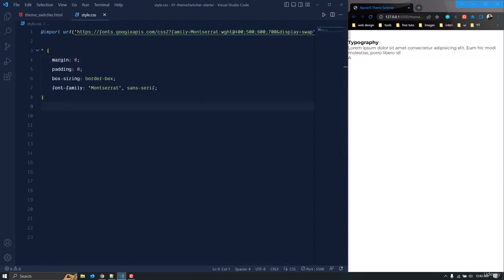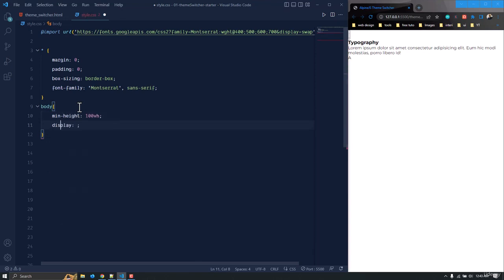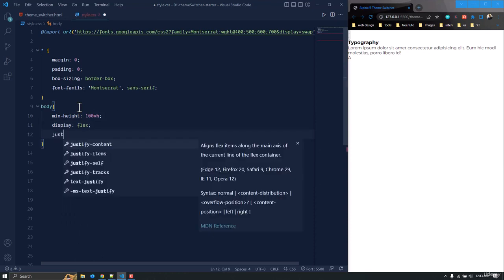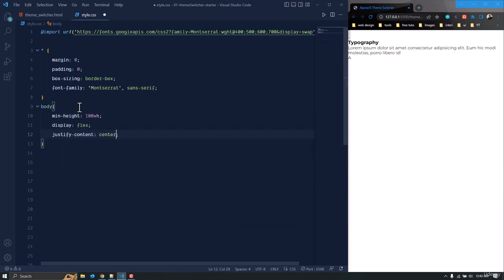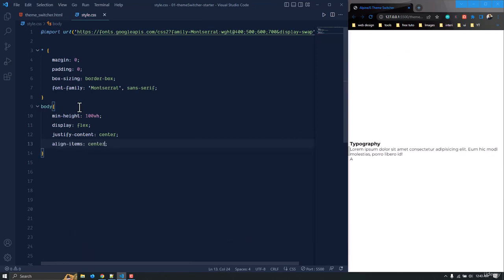Now let's target the body first. I want the card element at the center, so let's give it a minimum height of 100 viewport height and give it display flex, justify-content center, align-items center. Fine. Now let's target the card here,